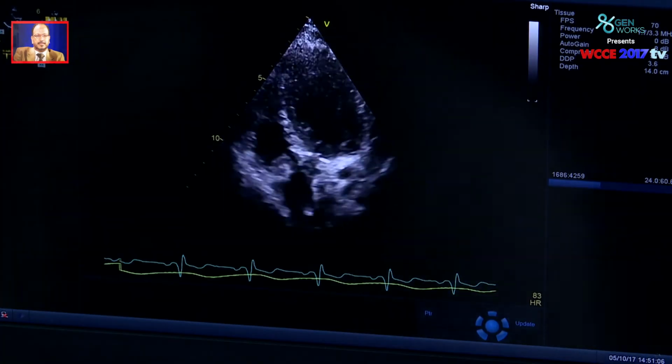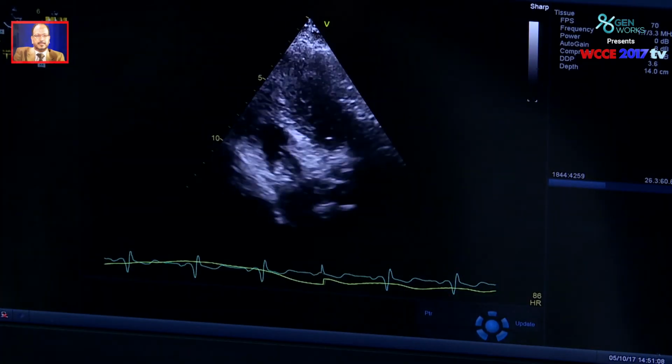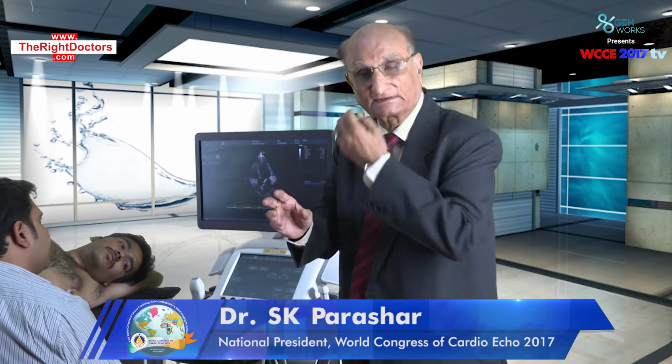So remember that whenever you want to study a disease flow, you always take a CW Doppler. For the beginners, the best thing is to start with a pulse Doppler, and if you get aliasing, there are ways to reduce the aliasing by increasing the velocity scale or by coming to CW Doppler. So we'll again show you an aliasing.